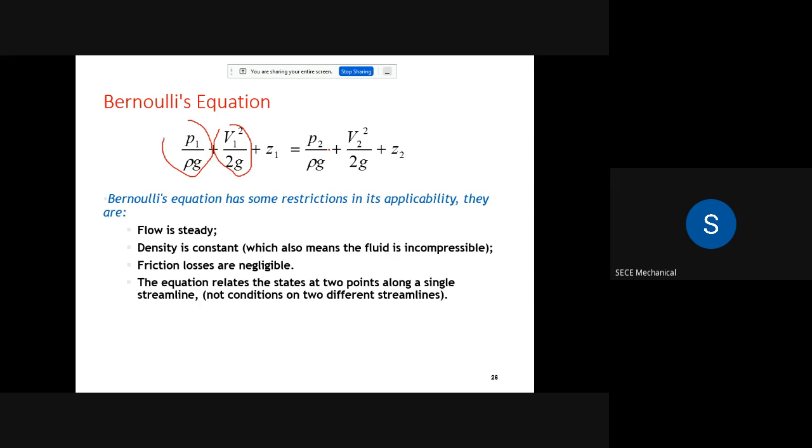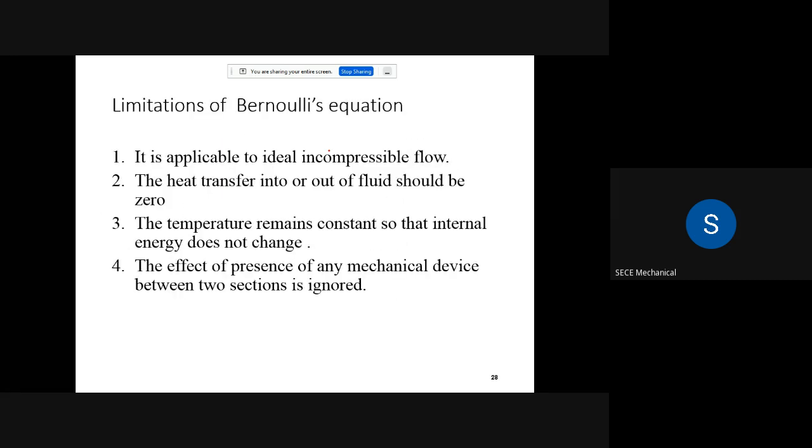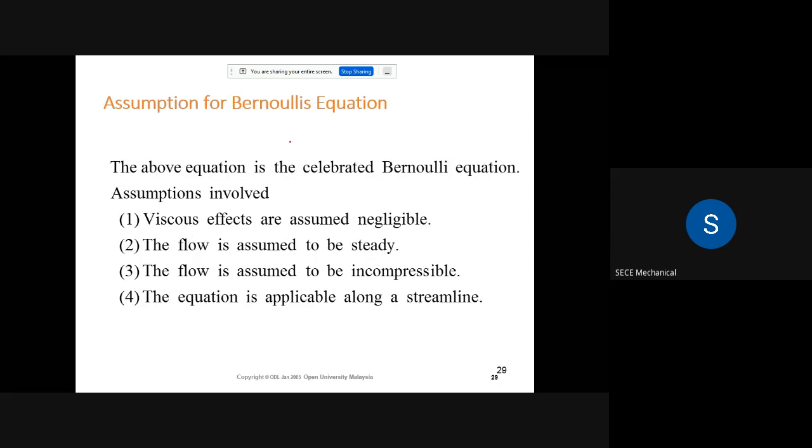So in the Bernoulli's equation வந்து பாத்தீங்கன்னா, as you know there are certain limitations இருக்கு. இத கொஞ்சம் ஞாபகம் வச்சுக்கோங்க. There are some limitations. It is not applicable to ideal interval fluid. So there are different types of limitations இருக்கு. And of course இது வந்து ரொம்ப important assumptions. What are the assumptions of Bernoulli's equation? இது கொஞ்சம் ஞாபகம் வச்சுக்கோங்க. Right? And these are the various applications and assumptions and limitations of Bernoulli's equation.